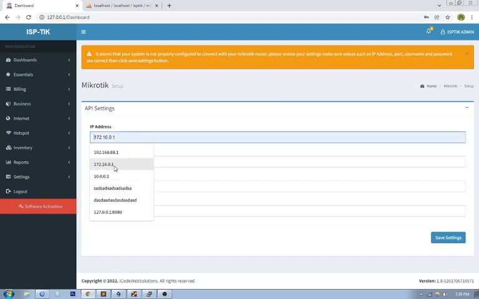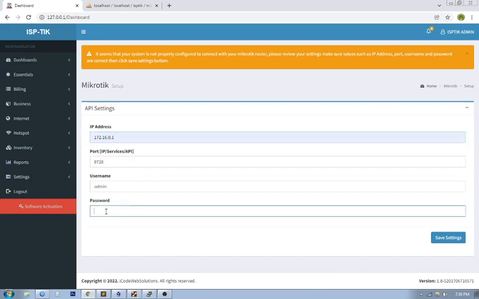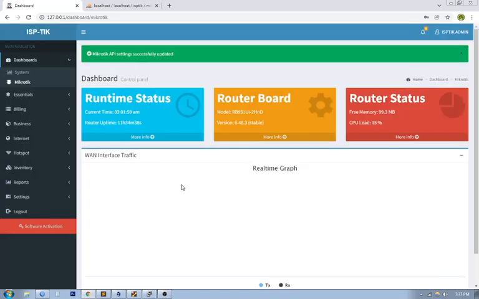My Mikrotik address is this one. So I'm going to supply the password also. Okay, so just save the settings and you're good to go. Anyway, I've discussed this in previous tutorials. If you're having a hard time setting up ISP-Tik for your Mikrotik, you can just look for the video tutorials